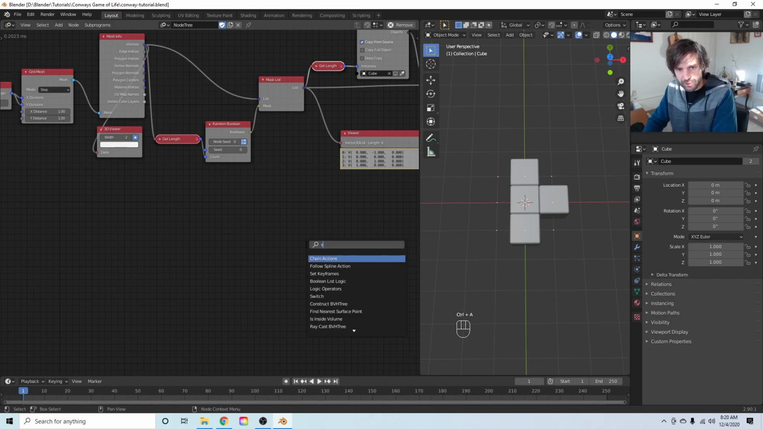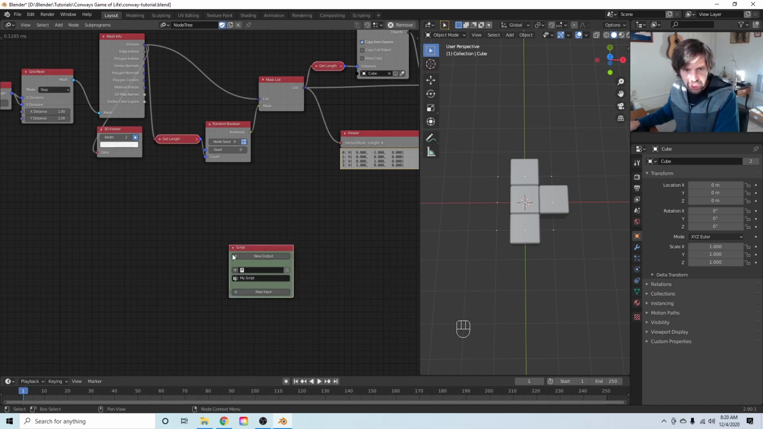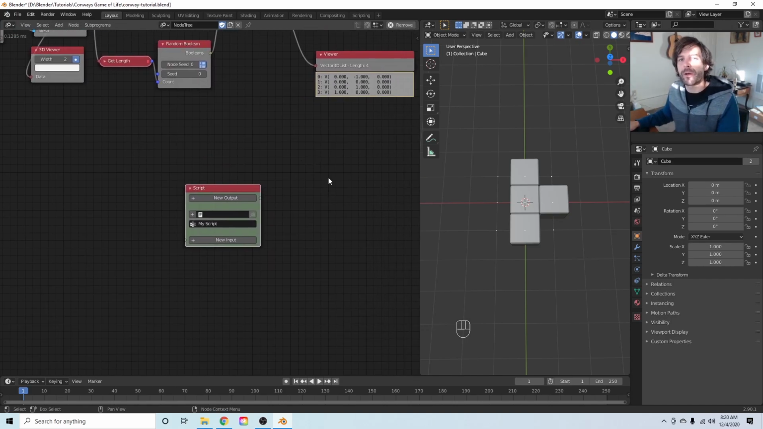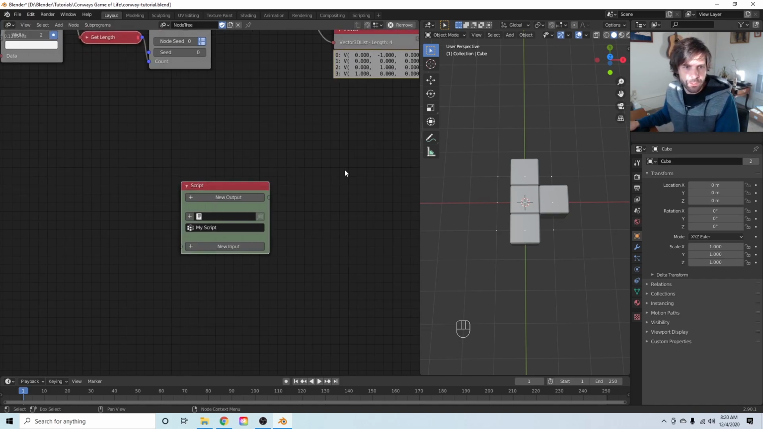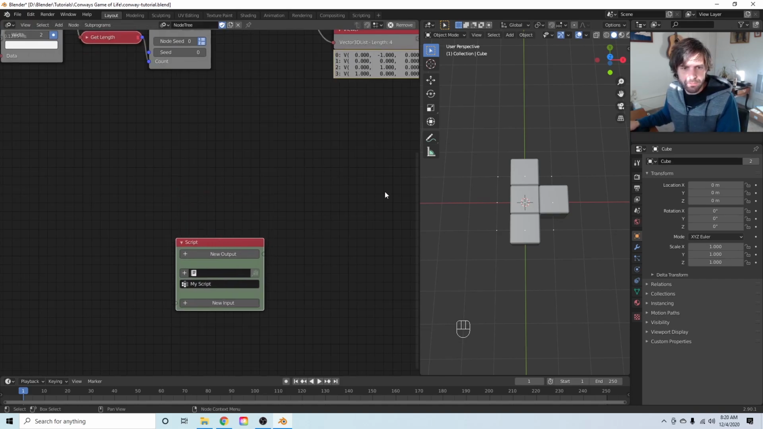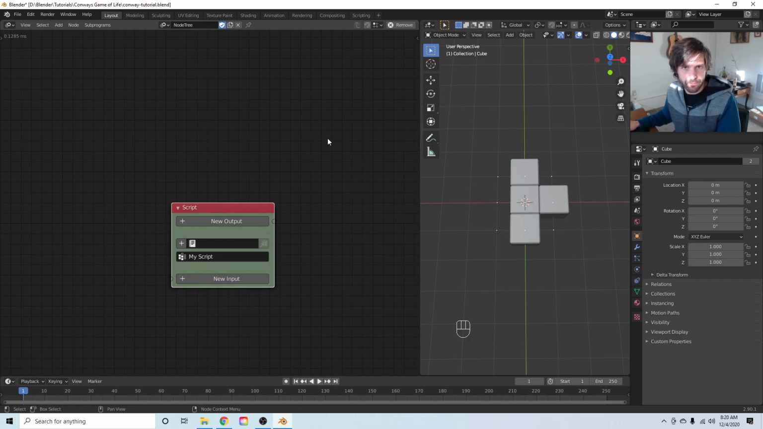So I'm going to grab a script node. Script node, this is essentially a way of making a custom node, which is really cool. And the Python is fun, and if you don't know it, you should learn it because it's totally cool. I'm going to call this script Conway,